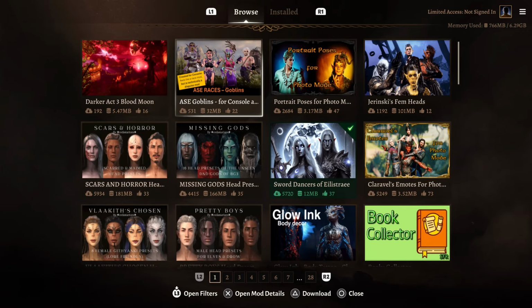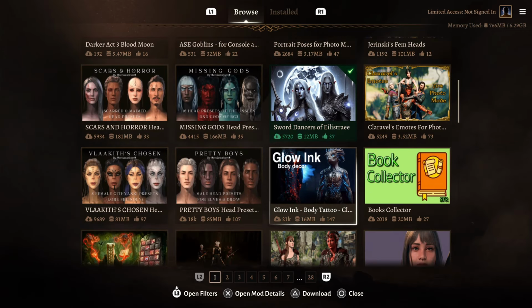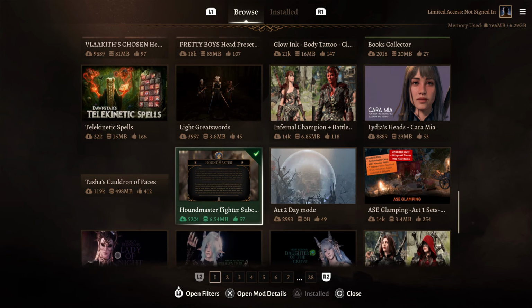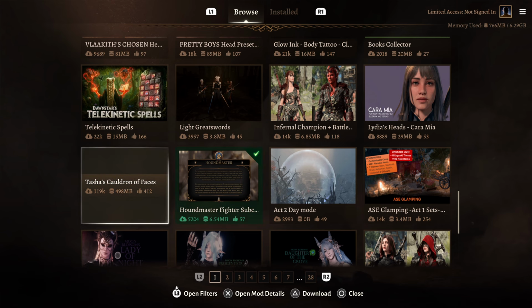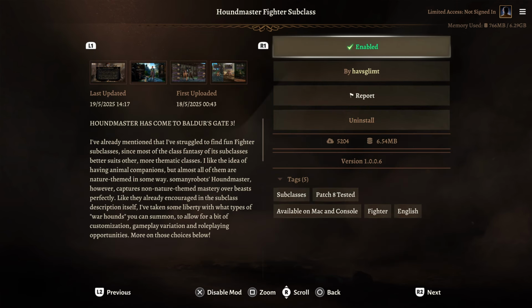Baldur's Gate 3 has a bunch of mods you can choose from, but on console it can be a little tricky to figure out what is new and what isn't. So let's go over some of the newest mods on console that I have found, and we'll check them out. Now, one of the first ones, and I have a build guide for this very soon, is the